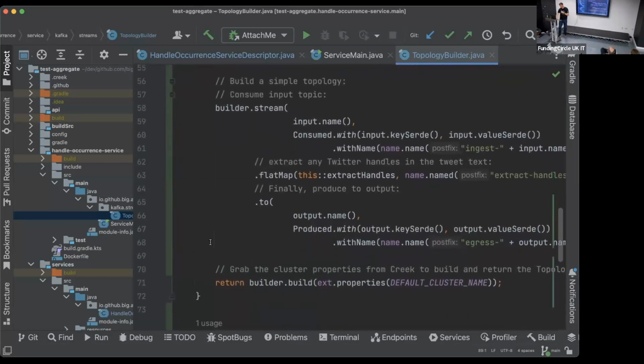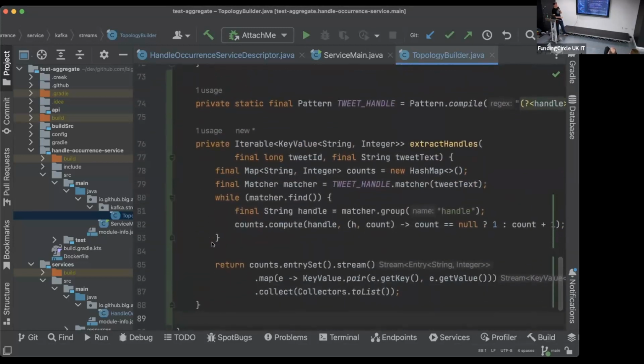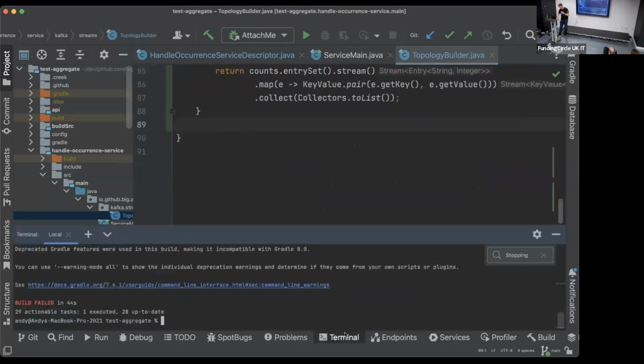The details are not that important, but for those that are interested, the extract handles looks a bit like this. All it's basically doing is searching the tweet text using a regex. And that's it. We've now just built a microservice. And when I say we've built a microservice, if I was to run,